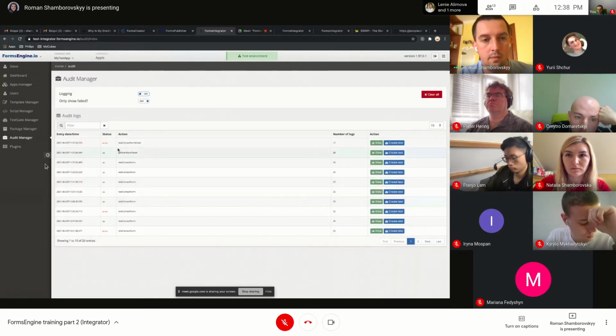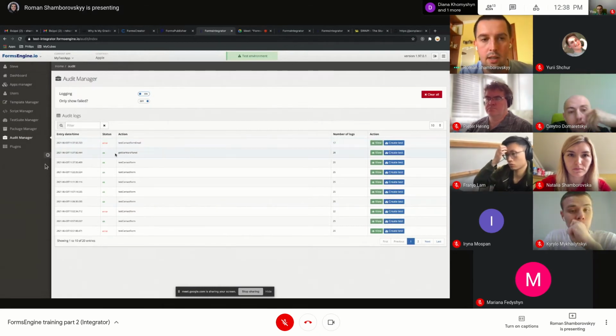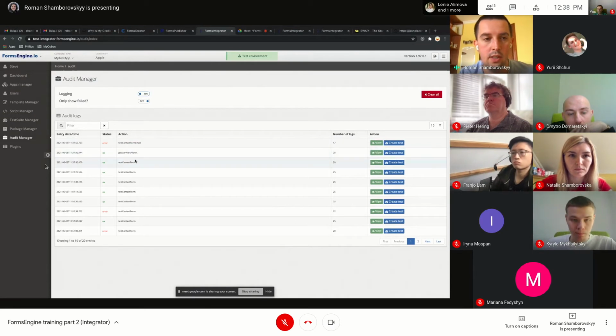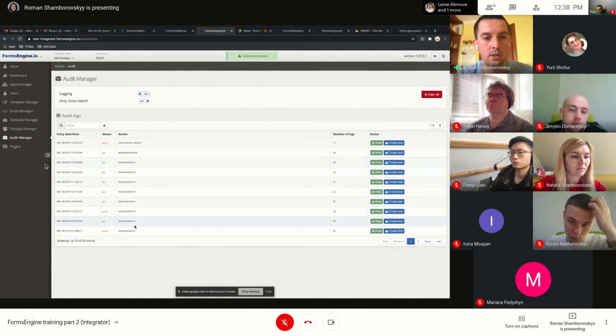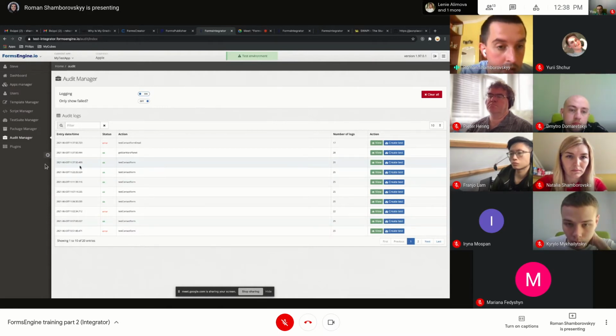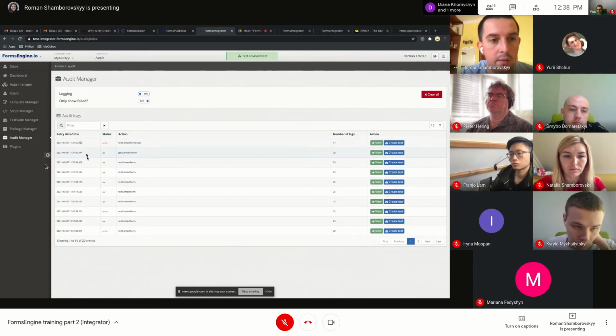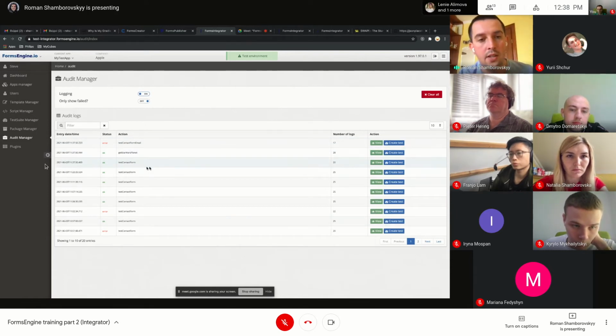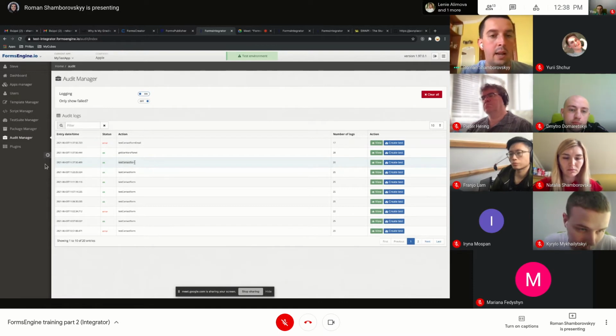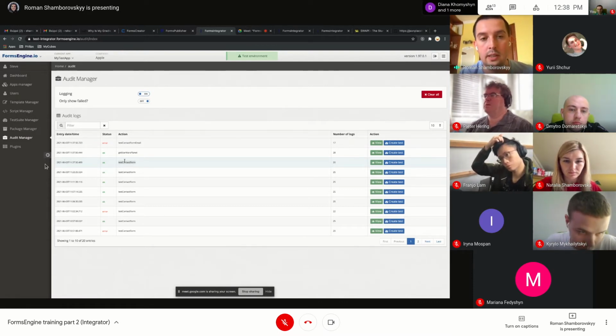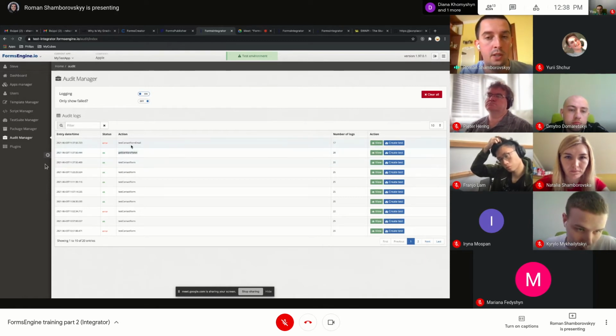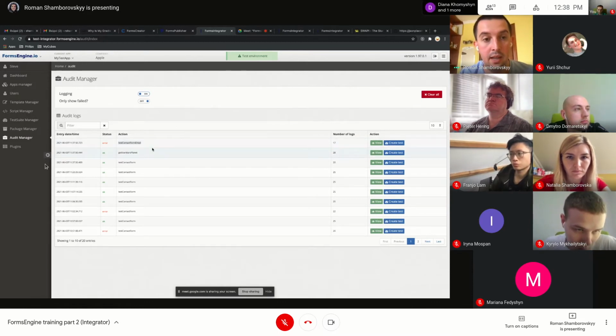Audit Manager. So test contact form email. This is what failed. And get Star Wars planet was successful. So you can see now, since we use Piper, we have a couple of actions now. Before, every submit produced one row in this Audit Manager table. But now it's completely different. Now we have a Piper, and as you can see, with some milliseconds difference, there are 3 records here. First is the main submit record, the Piper record. And then go the steps. Since we have 2 steps in our Piper, we have the first step, get Star Wars planet, and the second step, email. It failed on the email,